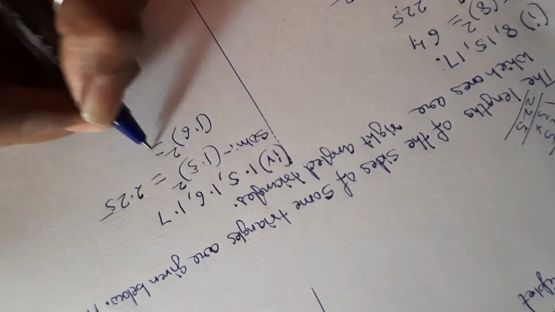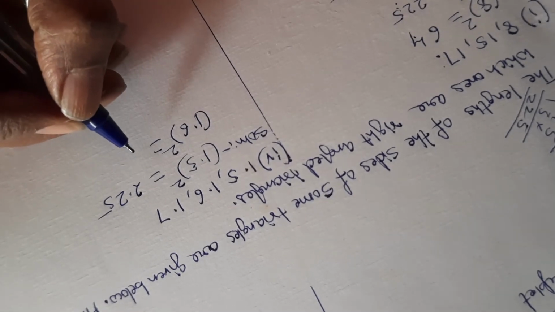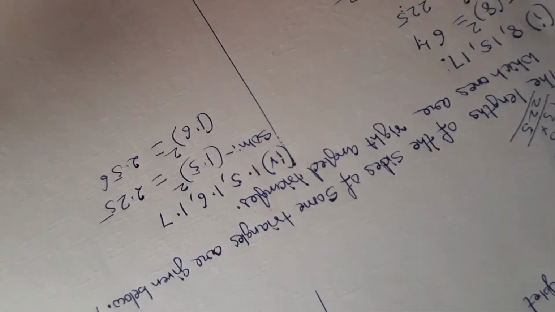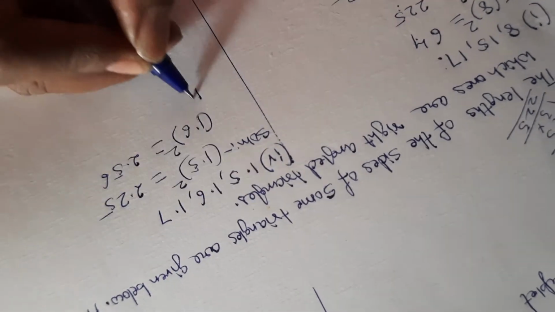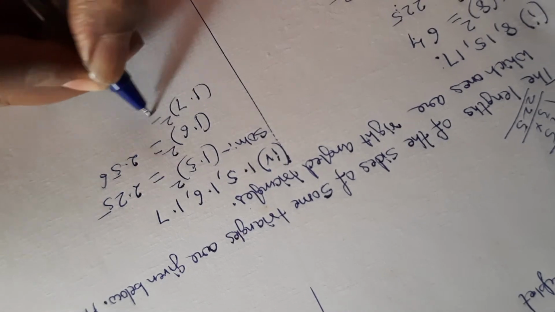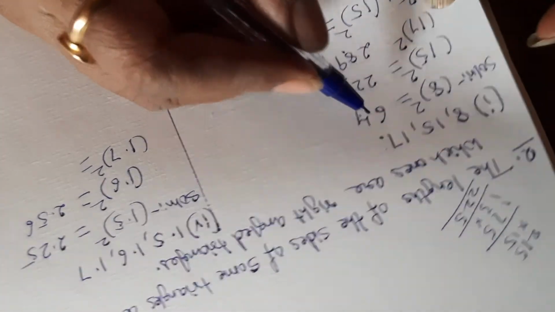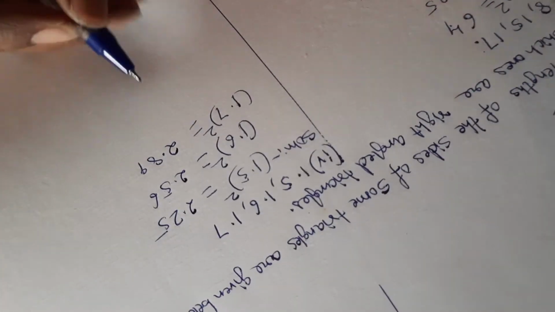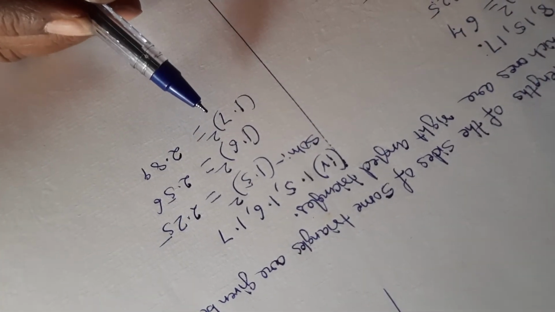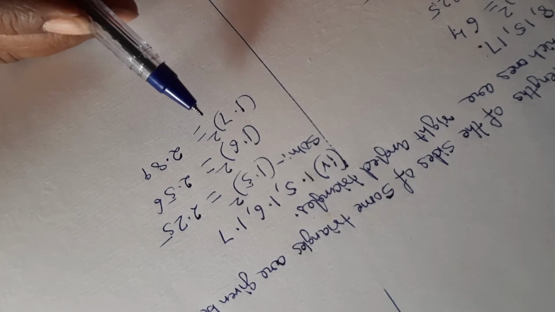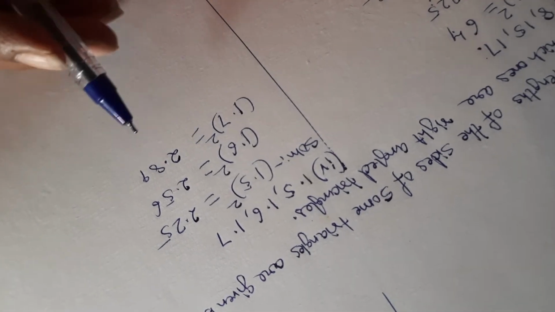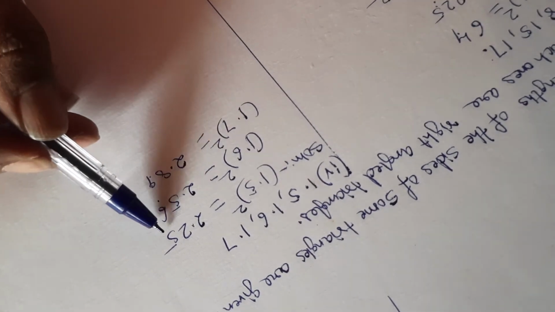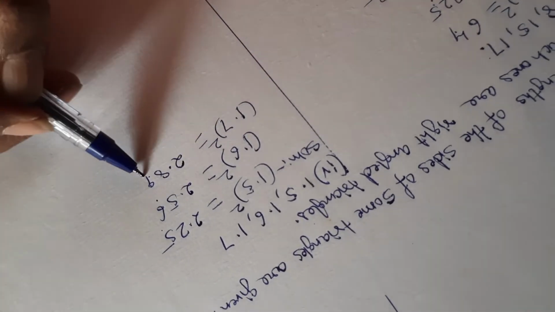1.6 square is equal to how much, children? 16 square is 256. So this will be 2.56. 1.7 square, just now we did it. 17 square is 289. So 289 means it will be 2.89. 1.7 into 1.7, point after two numbers, you all know that, right? Now look here, 2.89, 2.56, 2.25. Of course the biggest is this one only, 2.89.